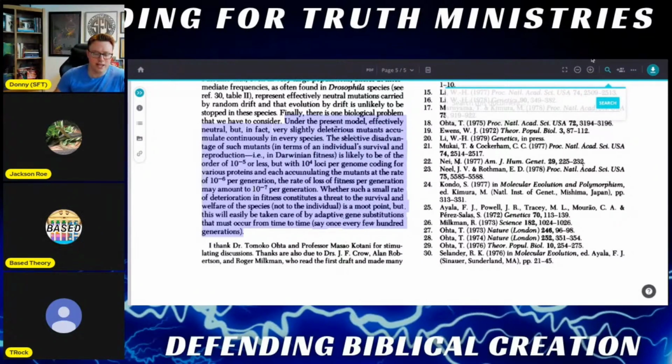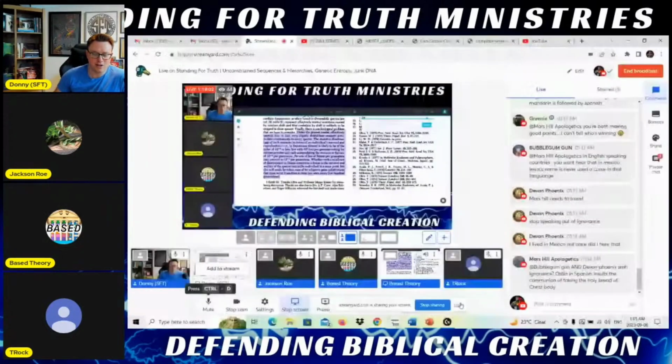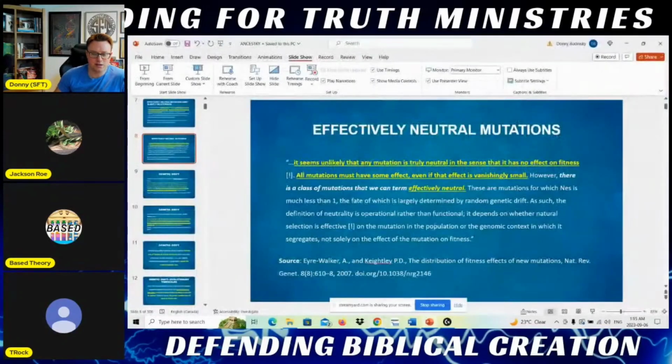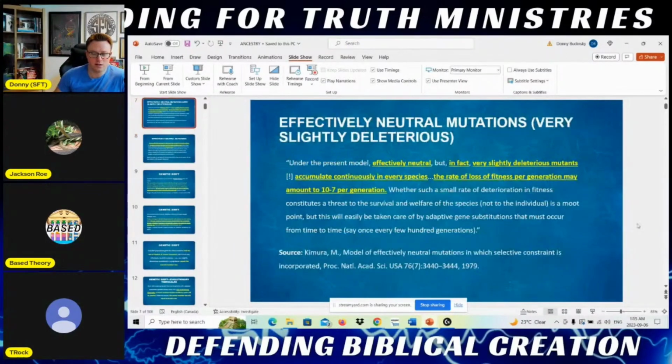Well, I appreciate you pointing that out, but I'll go back to the quote that I had. I have that part in there, and notice here. Oh no, wait, right here: whether such a small rate of deterioration in fitness constitutes a threat to the survival is a moot point. This will easily be taken care of by adaptive gene substitution. So he's saying it can be, but he never actually did any work. He never provided any math. He never ran any simulations to